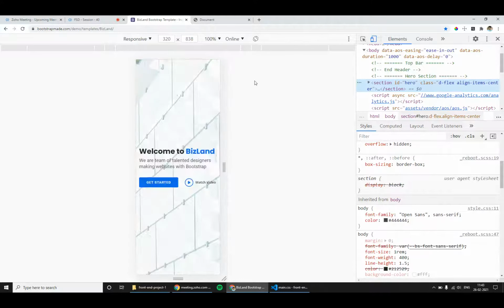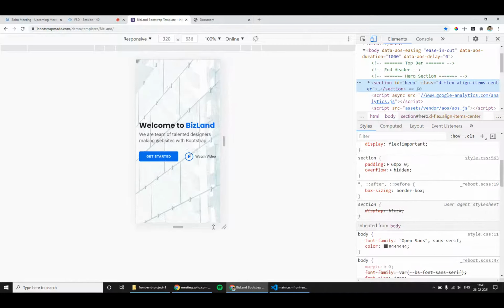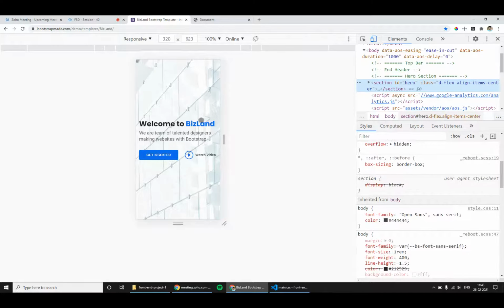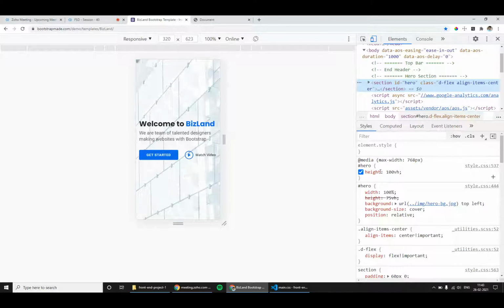Okay, this is what is needed. And here the hero section occupies the 100% of the screen size. When I increase or decrease this, it occupies the 100% of the screen size. How have they achieved it? They have applied height as 100 VH. So 100 VH means VH is a unit that will take from the device, vertical height. So the device's vertical height, whatever it is, it will apply that. So you can simply copy it from here and paste it for our section.